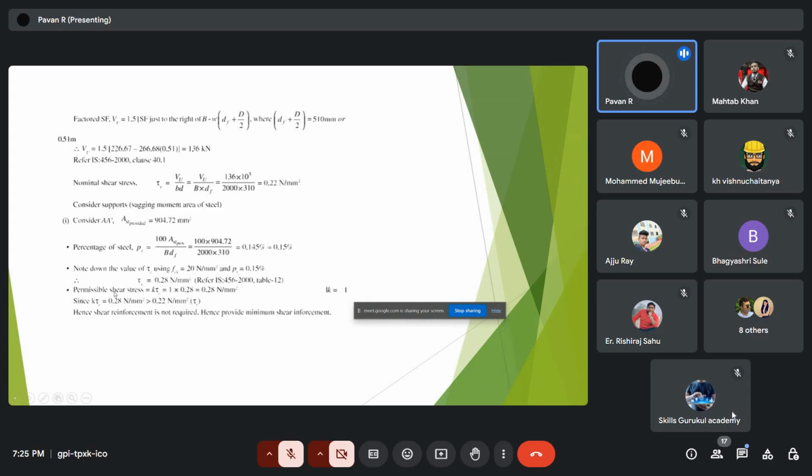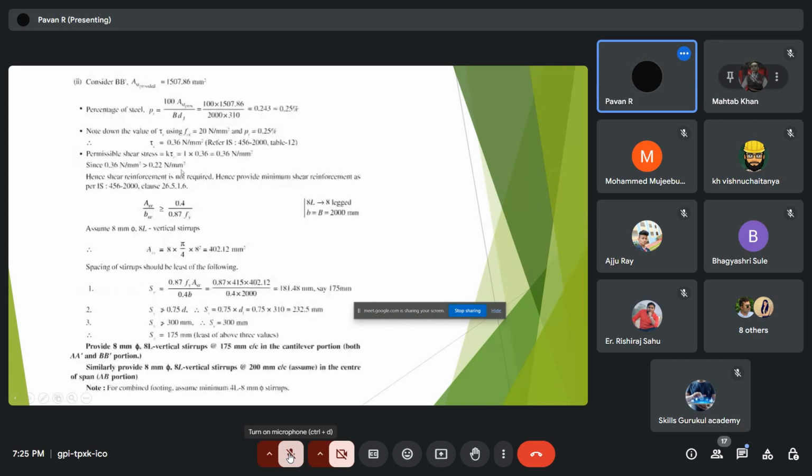So we can observe that the shear strength offered by the concrete is more than the actual nominal shear stress that is acting on the footing. So hence it is safe. So we do not require to provide any shear reinforcement, but we should provide the minimum shear reinforcement. Okay, and even in the BB cross section, BB dash, we know that we have provided in AST, that is area of steel, that is